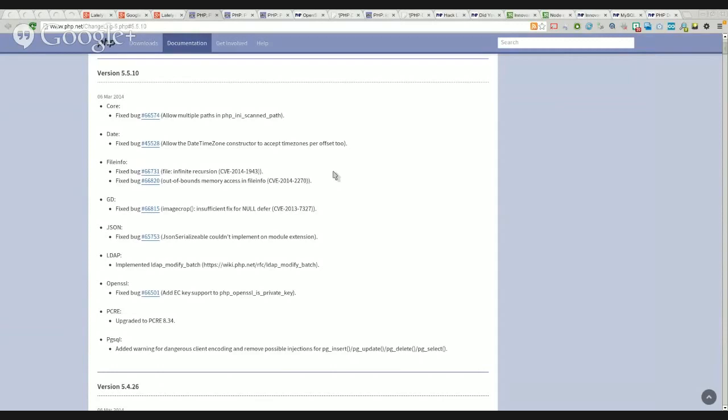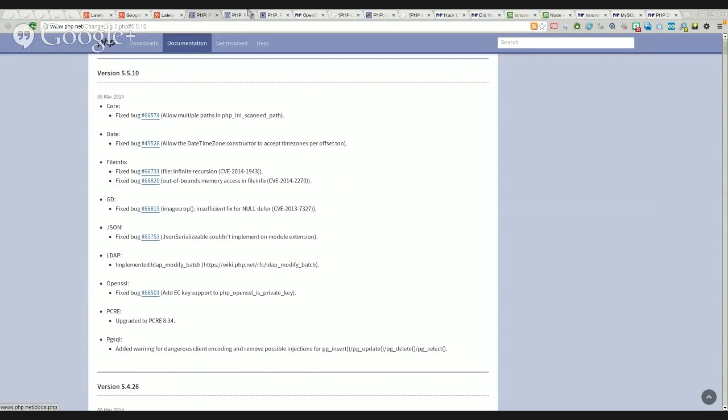So PHP 5.5 is just mostly in maintenance, where most things that are added are just bug fixes and